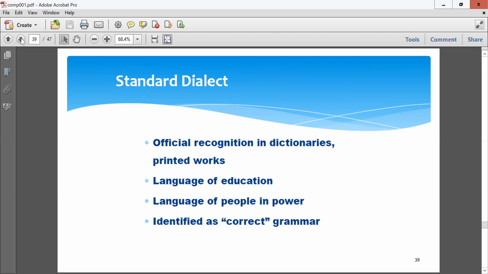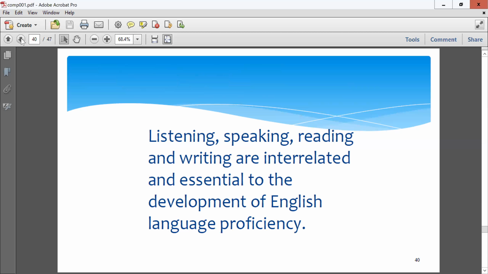The standard dialect is considered the official dialect, and it's recognized in our dictionaries, printed works. It's really the language of education and people in power, and it's identified as correct. So listening, speaking, reading, and writing are also interrelated and essential. In other words, we learn these in conjunction, and they're necessary to practice and do all to become a fluent